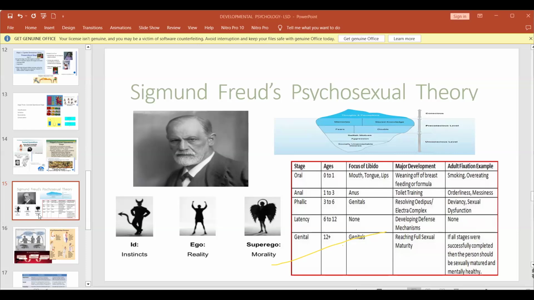And from 3 to 6 years, the child has all three components of personality: id, ego, superego. The ego balances the child's personality. It is not as dominant as it is in the first stage.